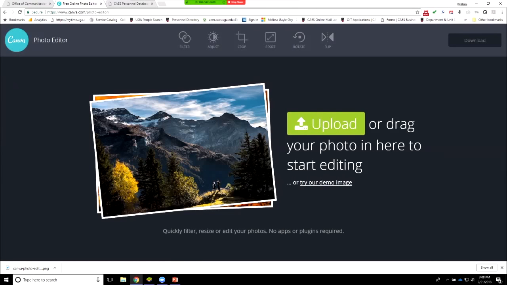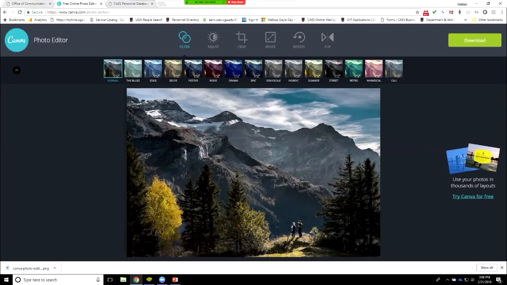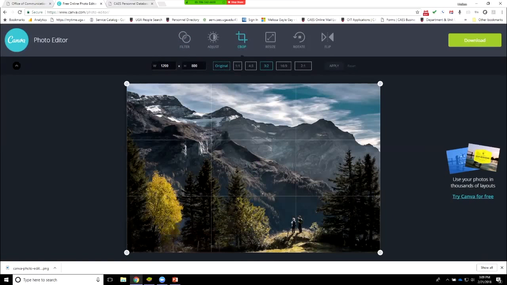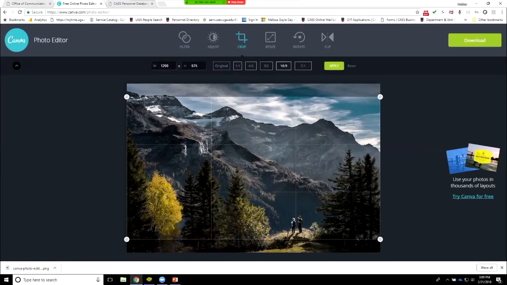So if we were using a picture, and I'm just going to use their demo image, if we were doing pictures for the slider, it's a 16:9 aspect ratio. So the first thing I'm going to do, let's say this is a picture from the camera, is click on 16:9 and get the crop where I want it to be